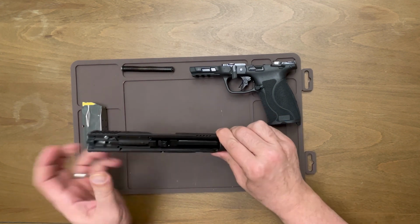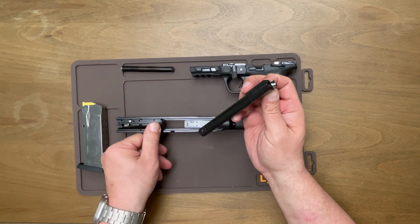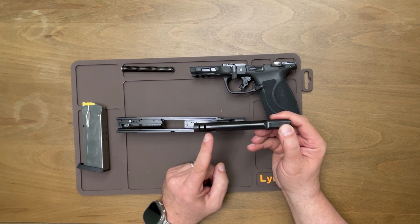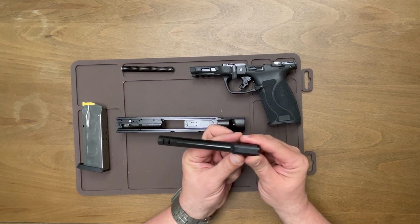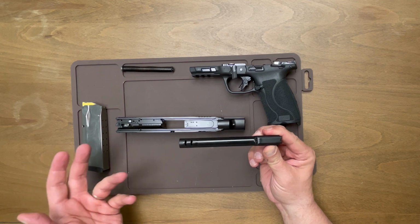The barrel on this gun has to move forward because it's so long to come out. And again, just want to give you a quick look at that. So this is where the porting is, and again, I would anticipate that this will cut down the muzzle flip and the felt recoil significantly. And then right on the top, here you'll see where it is noted it's a 10mm auto, which seems self-evident,